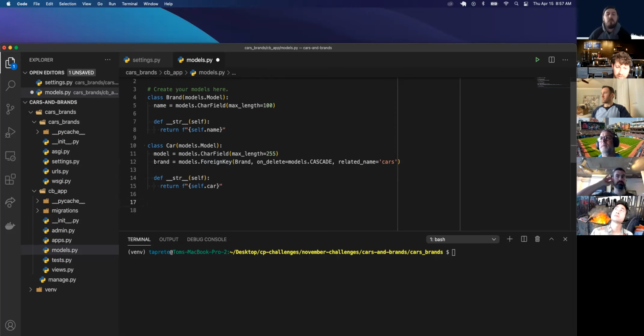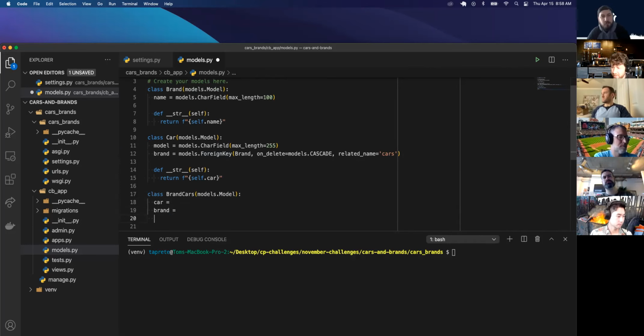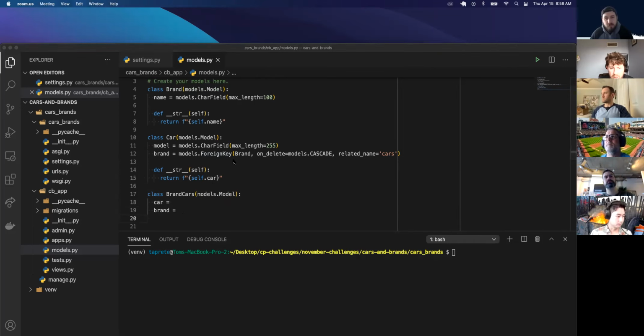So if I had the class brand cars, models.model, with the cars here and the brand here, and I wanted to add some other additional fields here, like I don't even know what else I would add here because this doesn't really warrant a through table. But if I wanted to add something else,